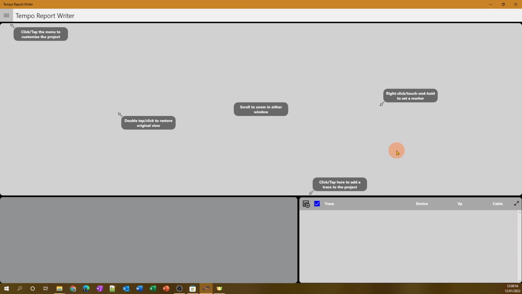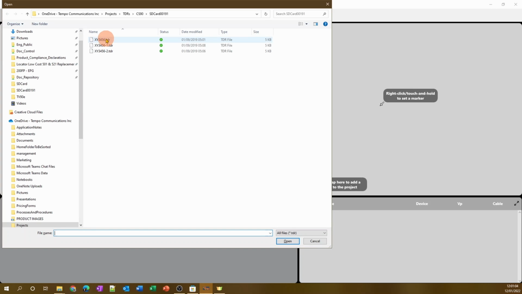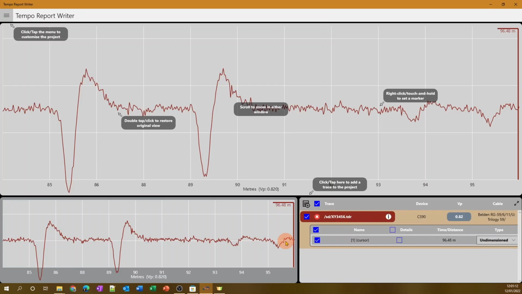But first thing you've got to do really is to load a trace, and this is done using this icon here. And you'll load it from the SD card or the USB drive that you've brought in from the unit and open the trace that you want. Now this is a small trace, a small detailed area on a cable, and you can see it's put a sort of end of cable marker automatically on there,